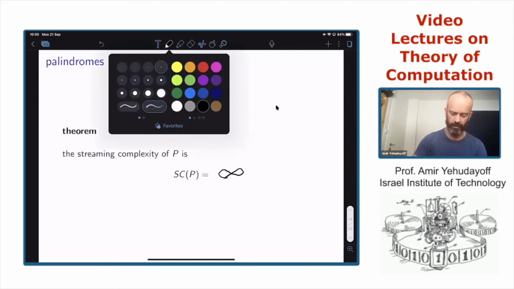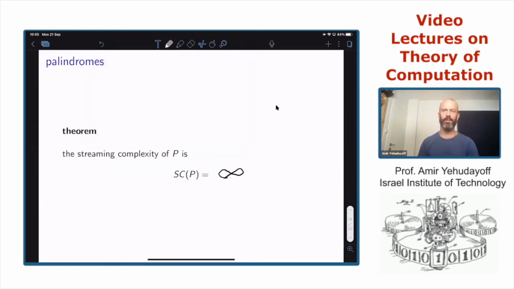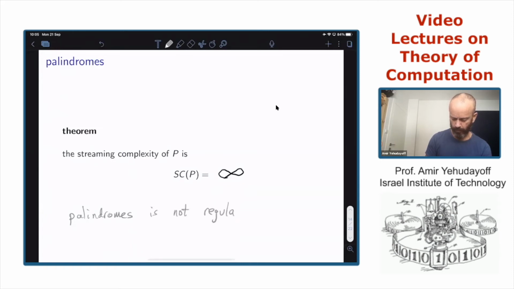And this is related or equivalent to the fact that palindromes as a language is not regular. There is no finite automaton that decides it, that computes it correctly. So this is equivalent.